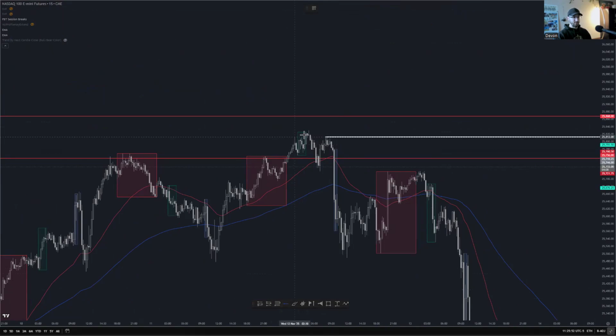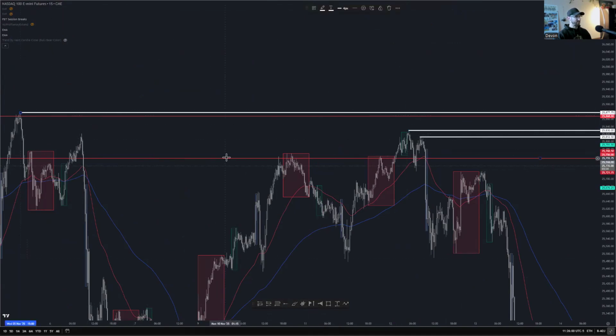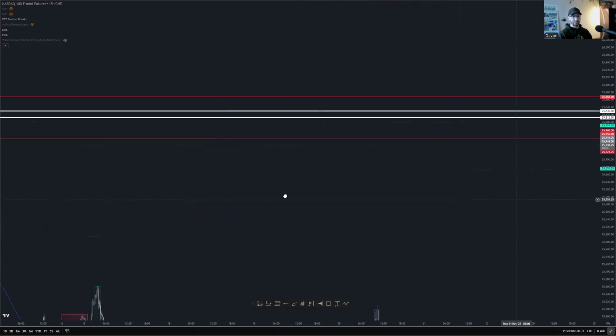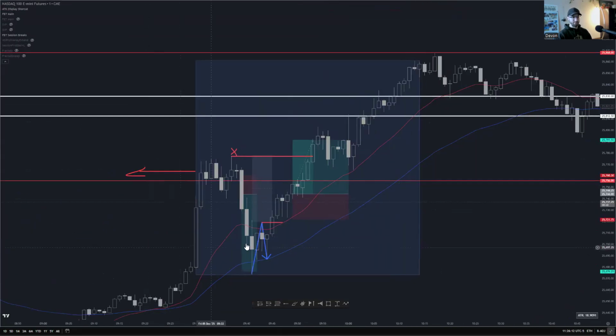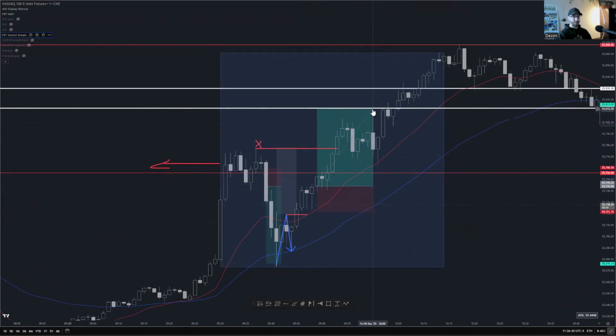Here's one, here's two, and then this one here is just a little bit below this, and then there's one here as well. So there's going to be my 3 levels, but this next one does not get hit, right? So we can delete that, go back to the lower time frame, and then just target those levels, right? Price pushes up, pulls back a little bit, starts pushing up again. And look, this one candle reached it and then reversed on a dime.